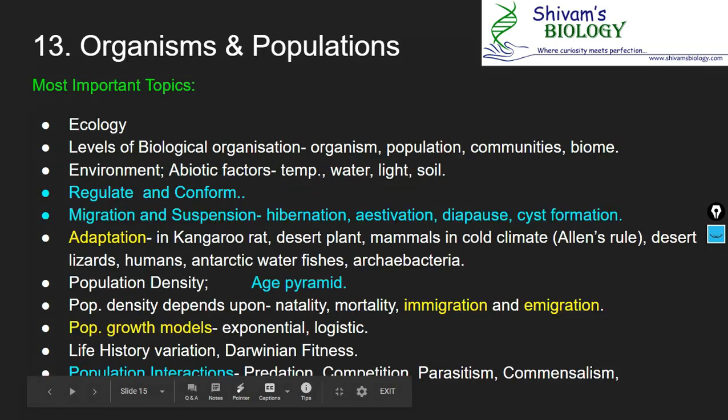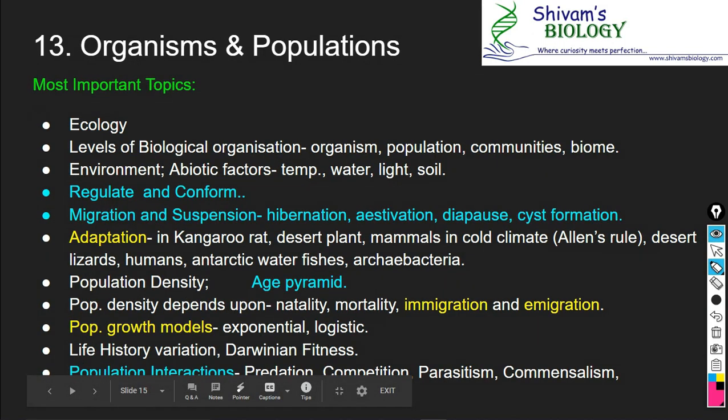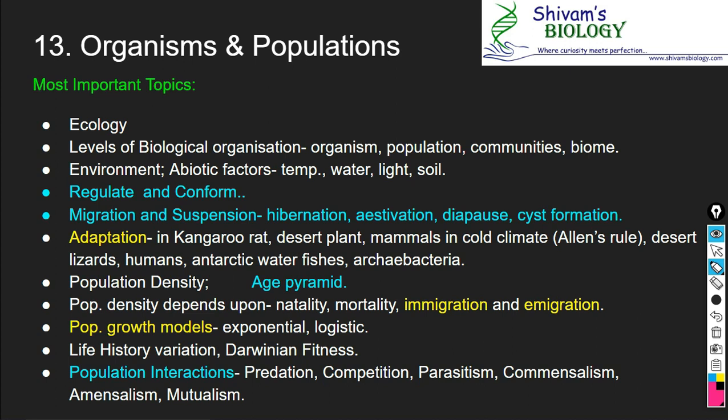Let's proceed to the next chapter, that is organisms and population. In this chapter, ecology, you should know this term. After that, various levels of biological organization, environment, various abiotic factors, regulators and conformers, migration, suspension, various types of suspension like hibernation, estivation, diapause, cyst formation, etc. are important. Adaptation, its various examples are important. Population density is an important topic. After that, age pyramid is very important,